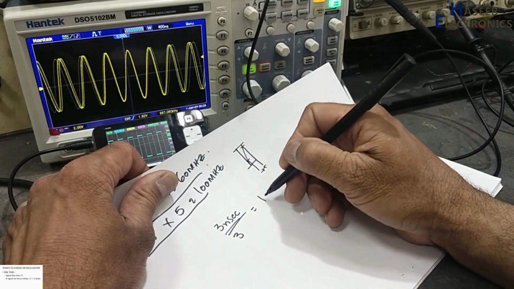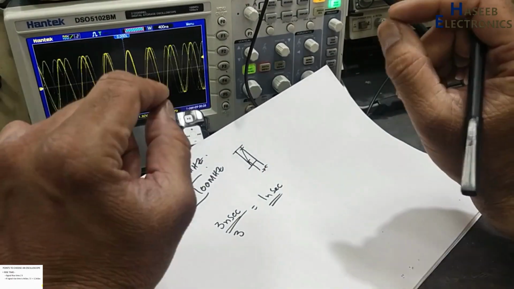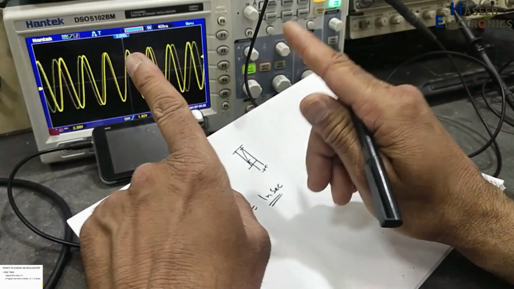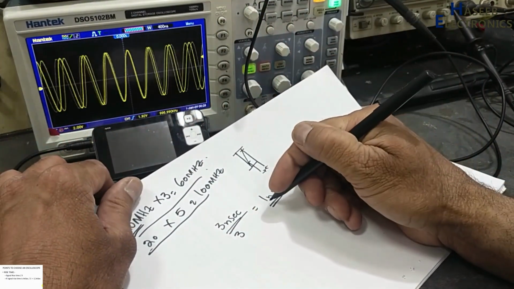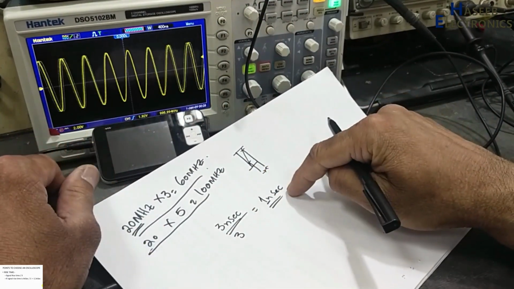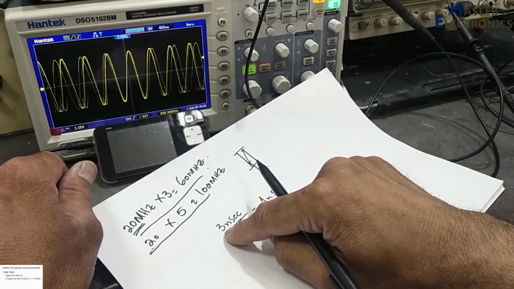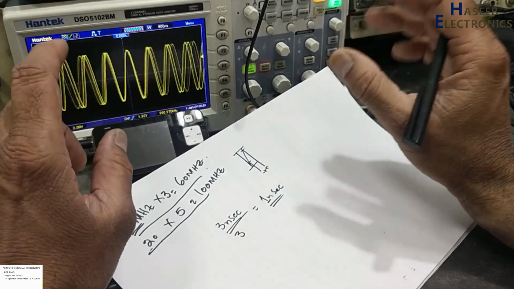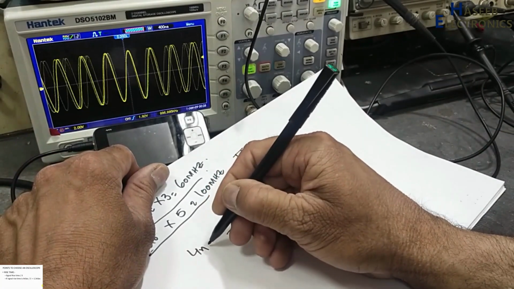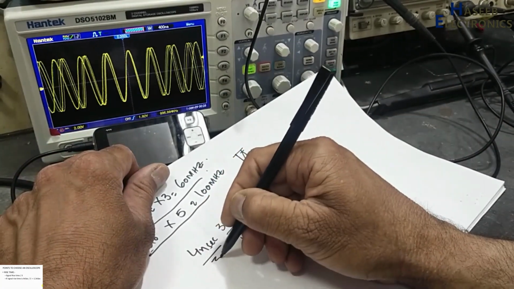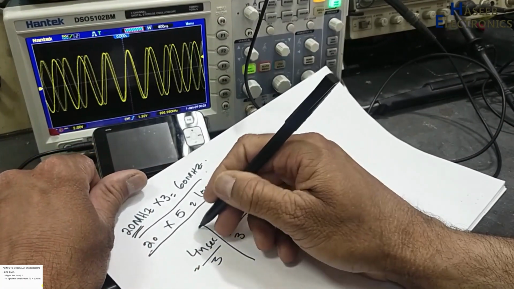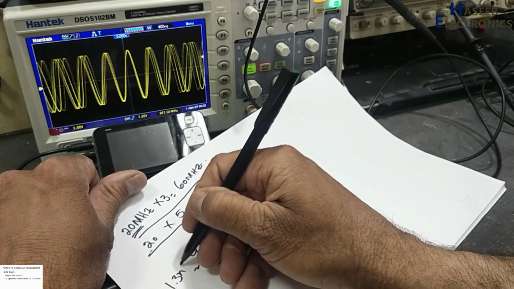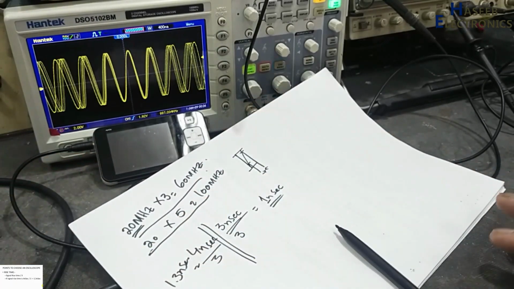So it must be a 1 nanosecond oscilloscope. Any oscilloscope that has 1 nanosecond rise time will test this signal easily. Otherwise, it will not give a correct reading. For a 4 nanosecond signal, divided by 3, a 1.3 nanosecond oscilloscope will be good.